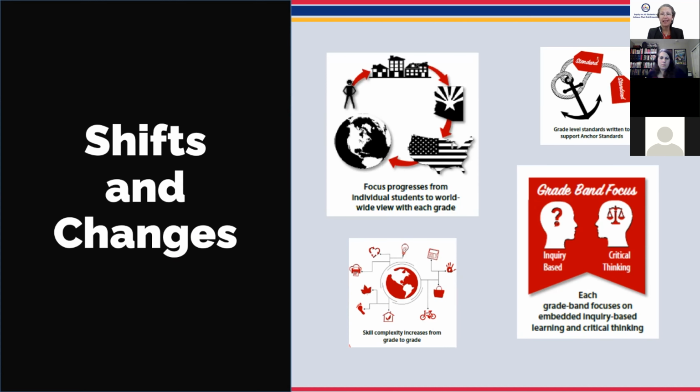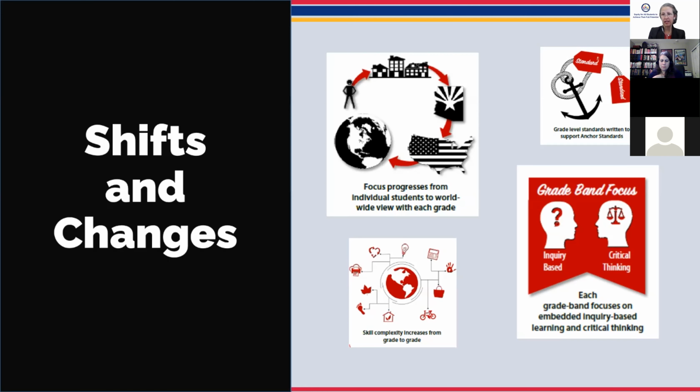progression, right? When my kids were little and in elementary school, the social studies was all over the place. It was this hodgepodge in elementary school, where third grade, maybe they were learning about communities, and then fourth grade, they were learning Arizona, and then they went to Mesopotamia, and it was all over the place. And if they happened to have a teacher that loved ancient Egypt, hey, we're learning about Egypt. And so there really wasn't any clear progression, where now we have a progression from when we have those little kiddos in kindergarten, as their views of the world get bigger, then so does their content knowledge. And that goes and builds upon each grade level.